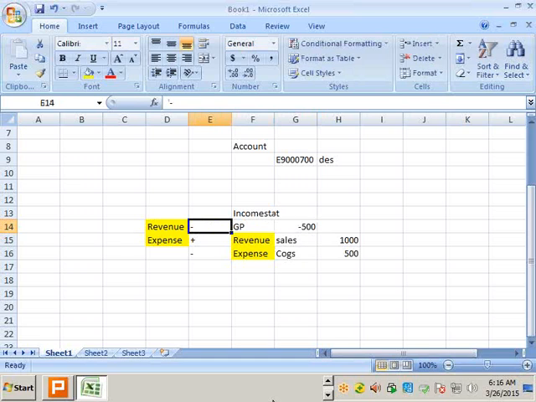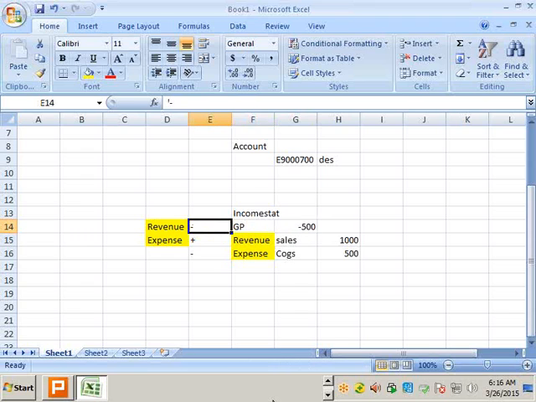Because you are saying your account type is expense, but that value is profit, revenue. That value is revenue. That's what minus of minus is plus. So even though your account type is saying expense account type, you are showing the value of minus 500. That means the gross profit value is revenue. So whenever you give a different account type and the value is showing as a negative value, that means the value would be in a reverse signage. So we need to keep these things in mind when we are working on that. Sometimes it will happen.